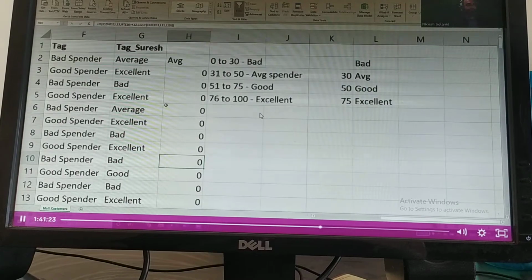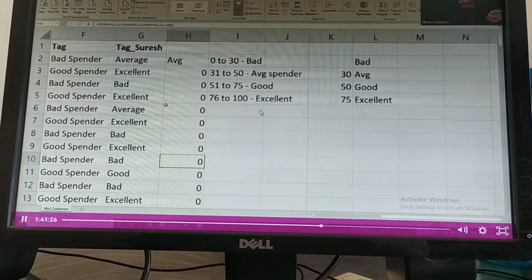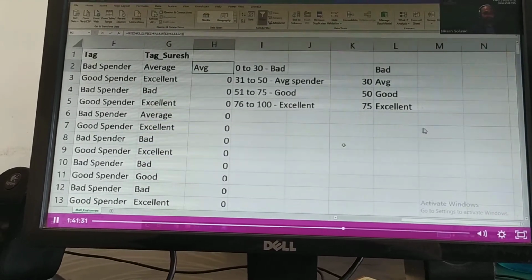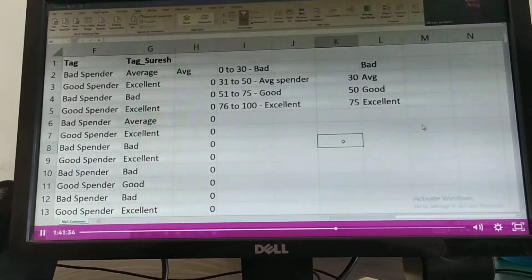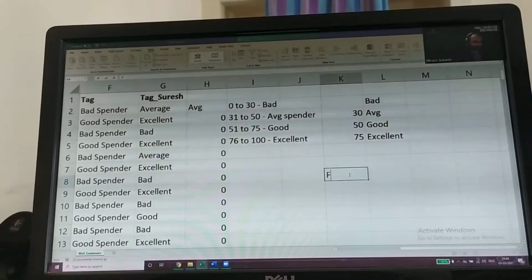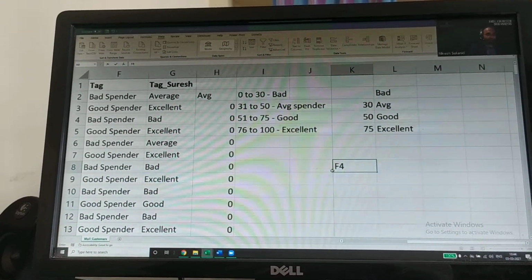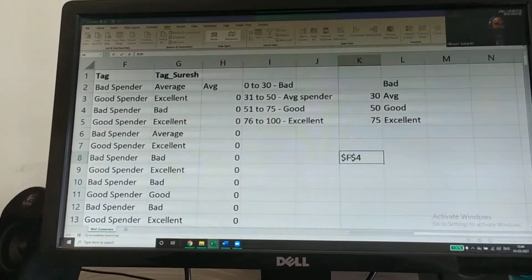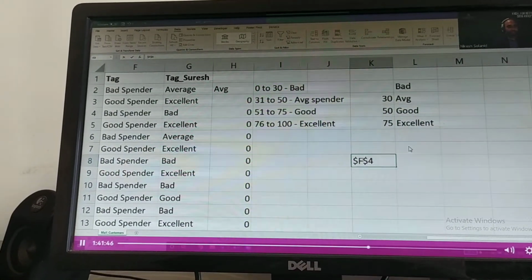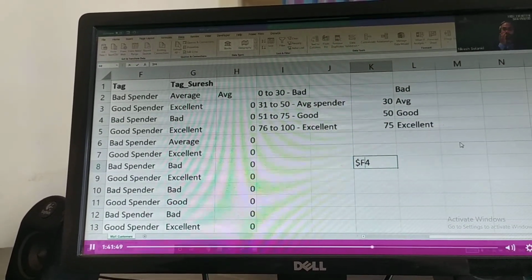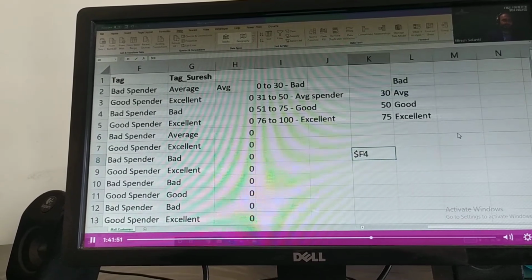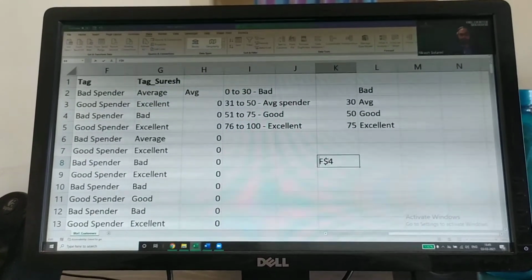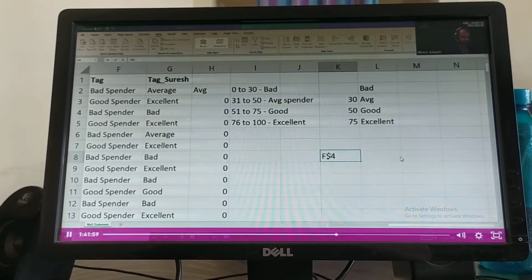So what we need to do is lock. If you're using this concept, you will have to lock it. Now in Excel, to lock something, अगर आपको कुछ lock करना है, it's very simple. If you want to lock F4, for example, F4 cell lock करना है, तो you have to just put dollar signs. Okay. This is locked, right? When you put $F4 it means you're only locking the column, and if you're putting F$4 it means you're only locking the row, right? But in our case, I need to lock everything.